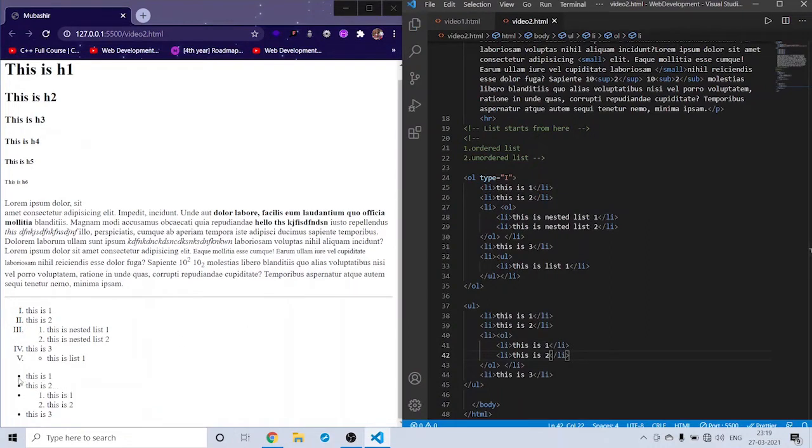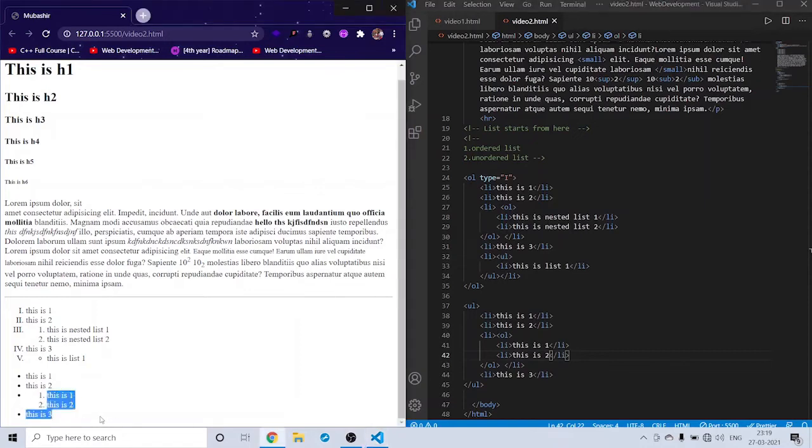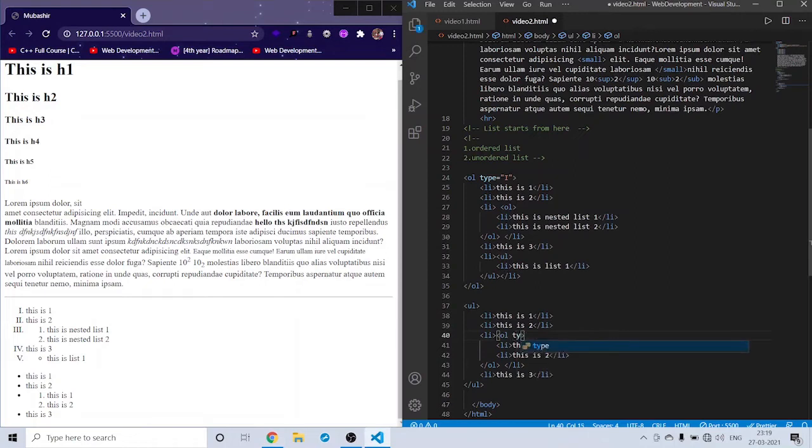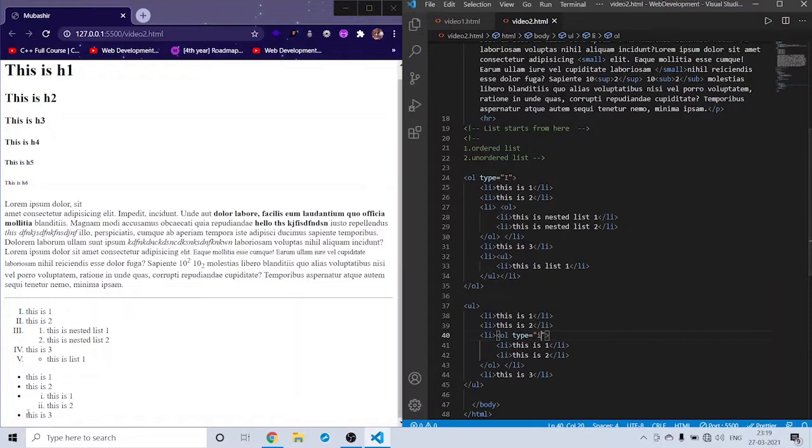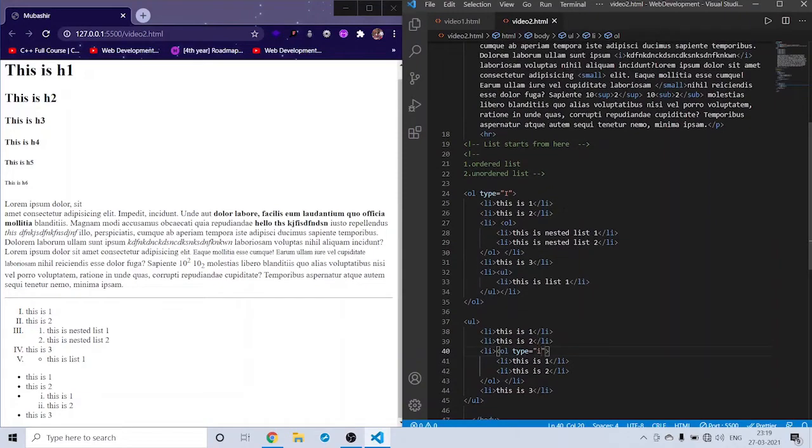You see here, first dot this is 1, second dot this is 2, in the third dot we have a sublist here. If you want, you can change the type here, for example, change it to Roman numbers, save. So now we know about lists and how to use nested lists, because this is a separate concept.